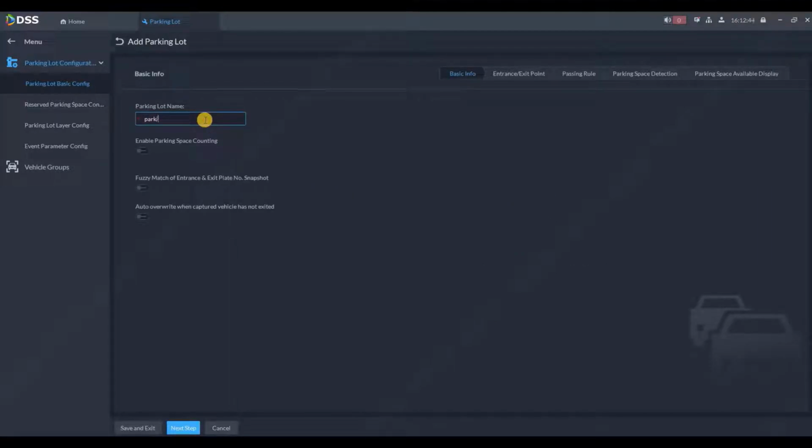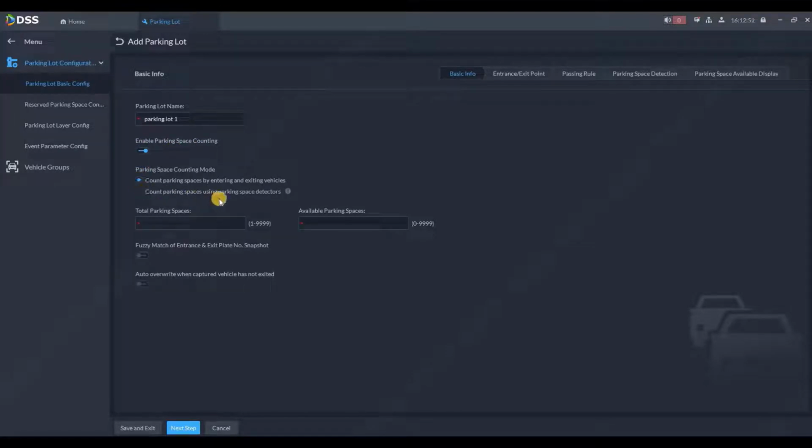We will choose our name. We will enable parking space counting. If you don't have a parking space detector, you can count parking spaces by entering and exiting vehicles. And in this option, cameras that are configured for entrance and exit will count vehicles, and you can write your total parking spaces here and available parking spaces here. But in our case, we will use parking space detector, so we will choose this option and move to next